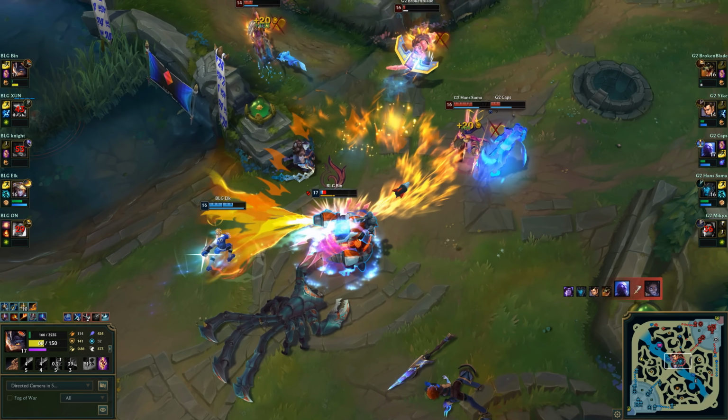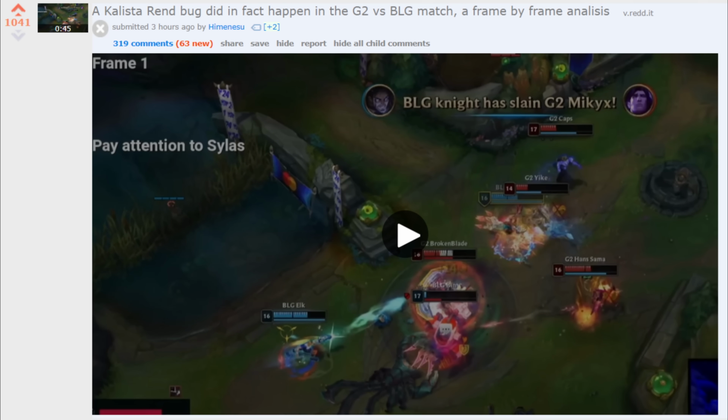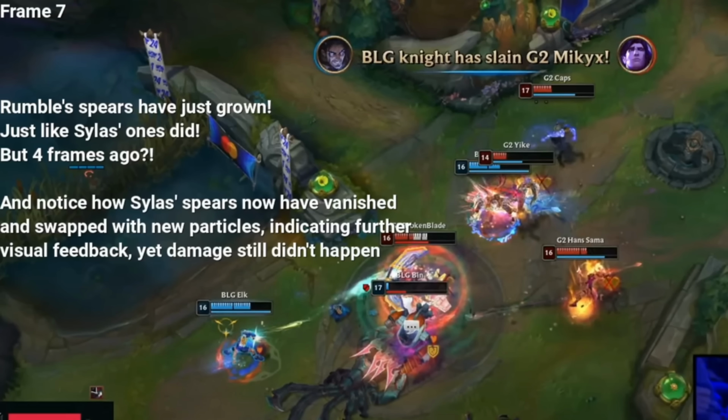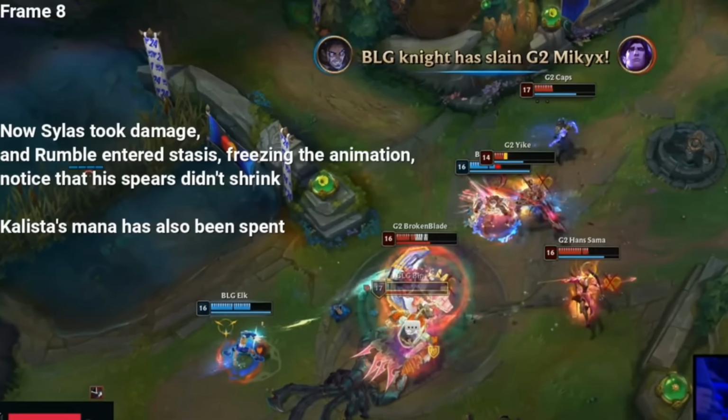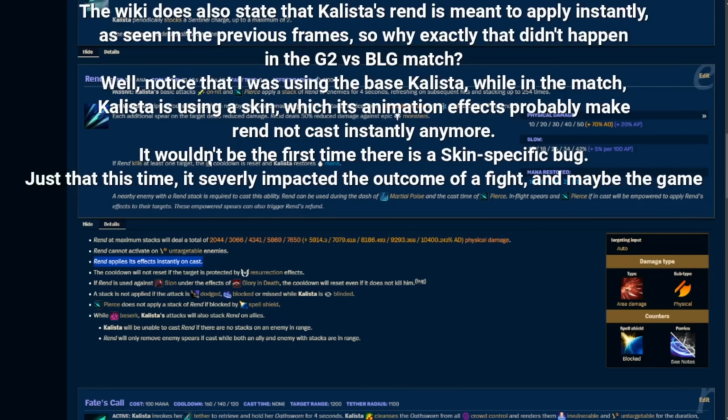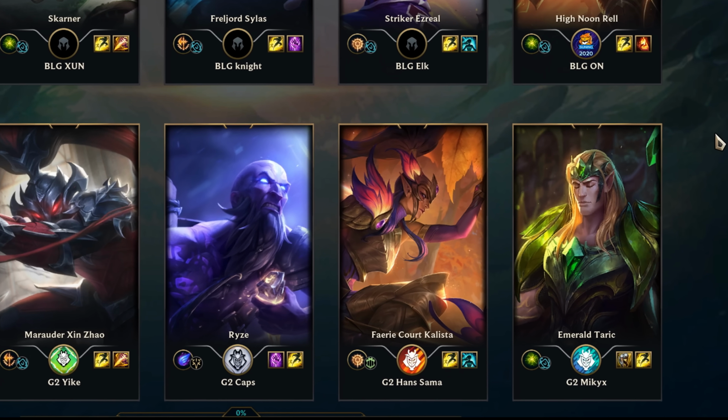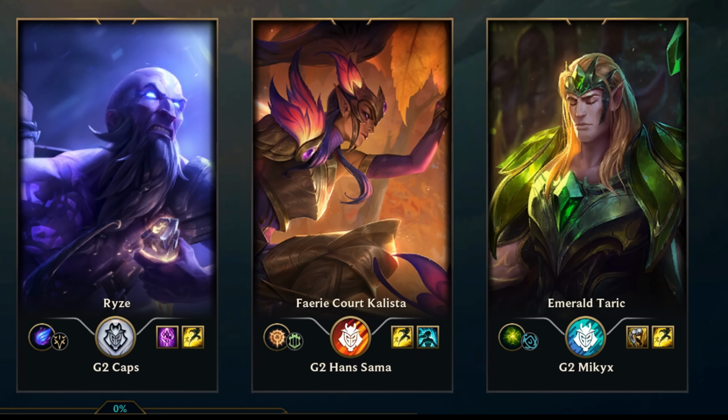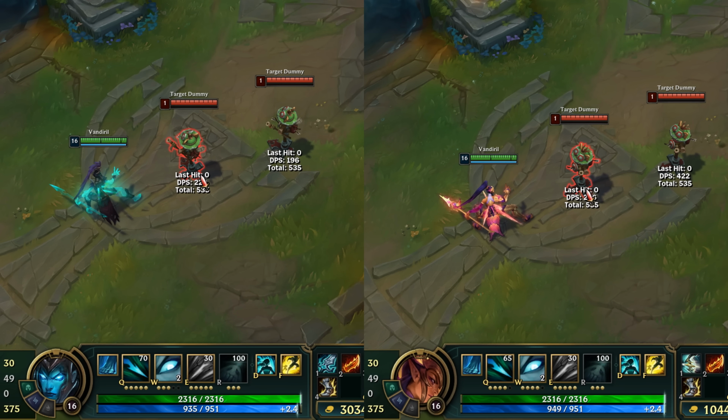Now it's time for a skin theory. The author of the Reddit post suggested that the Rend bug indeed happened in that game. According to him, Kalista Rend should have procced earlier than it did in that fight. Normally Rend procs instantly, and he was suggesting that with the skin Hans was playing, it wasn't happening as fast. We know that Hans played with Fairy Court Kalista skin in this game, so I compared it with original Kalista